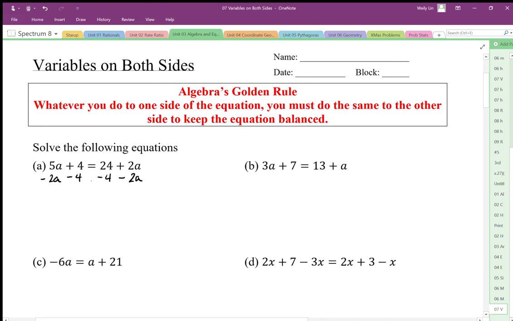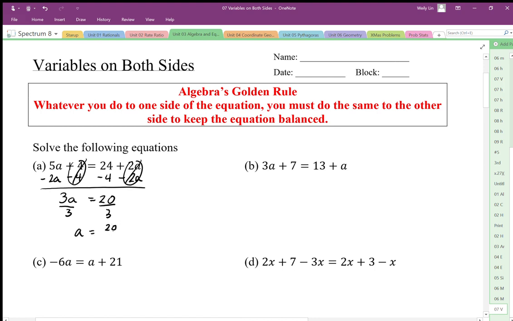So this is what I want to see. I want to see opposites, and I want to see balance. So these are my 0 pairs. Those disappear. So I'm going to end up with 3a equals 20. And then I'm going to divide by 3, divide by 3 on both sides. Same thing again, I need to see the opposite operation, so divide, and we end up with a equals